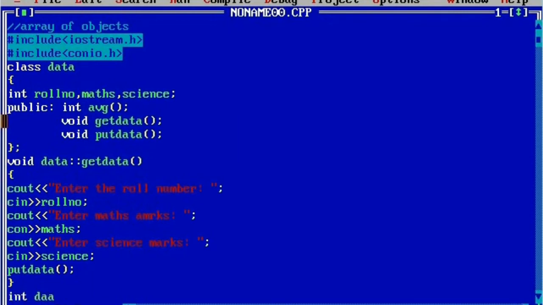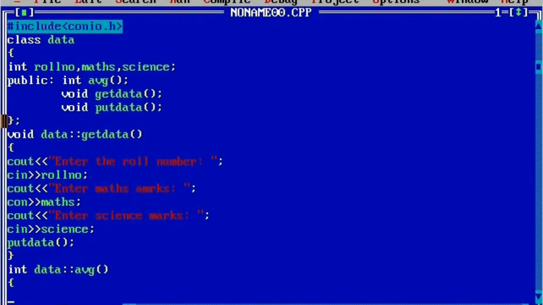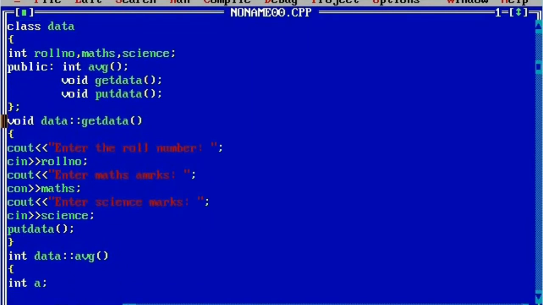So int data scope resolution operator avg. Now we'll declare the local variable called int a, and here we'll assign the value to this a, that is a is equal to, we'll calculate the average of both of these 2 marks, that is maths and science marks.